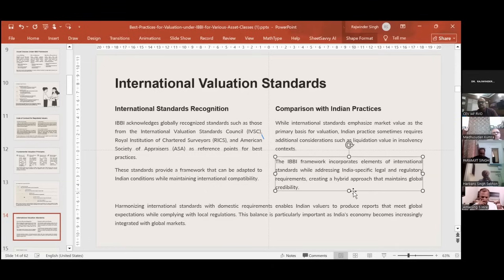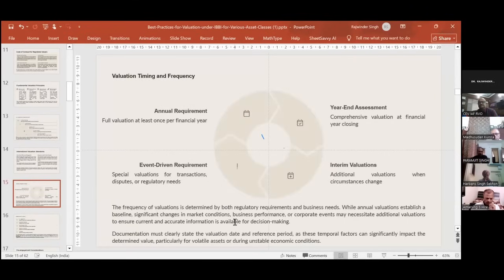So harmonizing international standards with the domestic requirements enables Indian valuers to produce reports that meet global expectations while complying with the local regulations. This balance is particularly important as India's economy becomes increasingly integrated with global markets. So next thing that is valuation